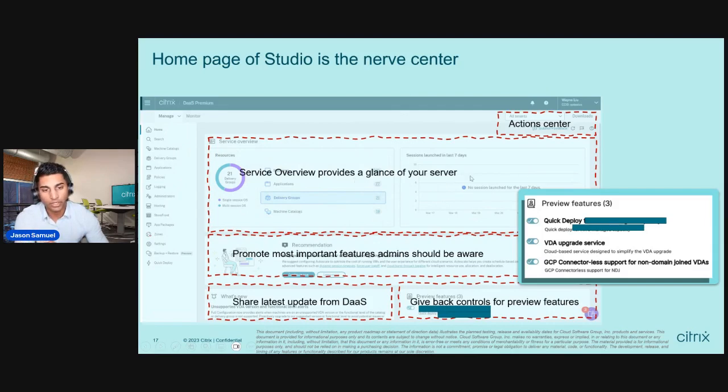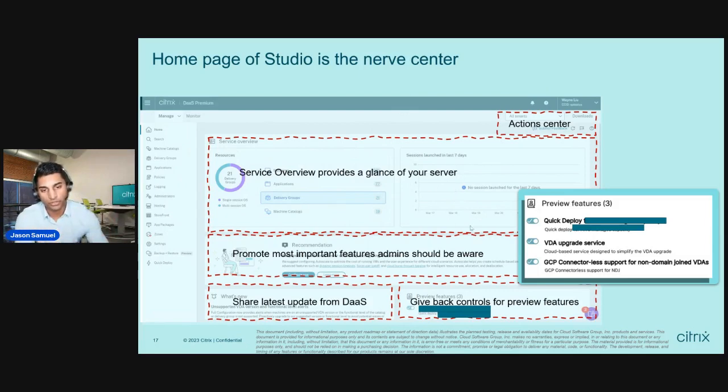On the right-hand side here is the thing that you probably get asked the most within your organization. Hey, who's actually using Citrix? Because sometimes it's very hard for somebody not on the Citrix team to understand how much Citrix usage is going on in the environment. Let's say the accounting team comes to you and says, hey, how much are we using?